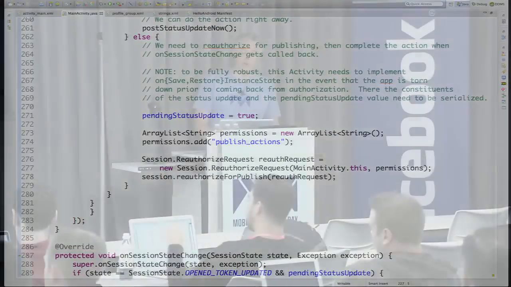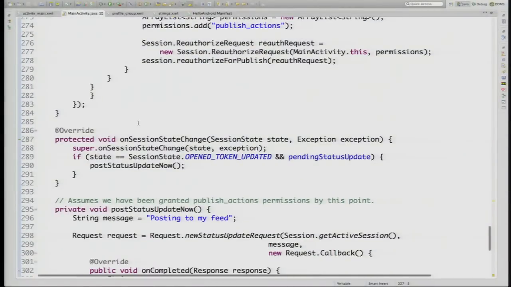Now, the way this works is when reauthorize for publish gets called, it again proxies through the Facebook for Android app or puts up the in-browser UI. It's clearly an asynchronous method from the flow of control of the app. And it does its round trip with the server, gets the appropriate session token back if it's been accepted, and in this case, calls on this Facebook activity class that we're derived from a method called onSessionStateChange. OnSessionStateChange gets the new session state, however that state transition has occurred, as well as any potential exception. So we go ahead and call up through the parent, pass those through to the parent, and check